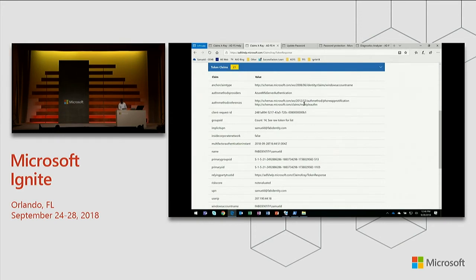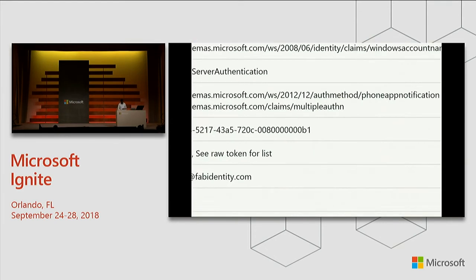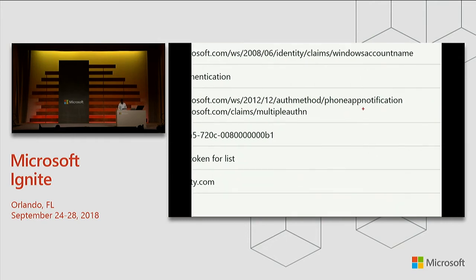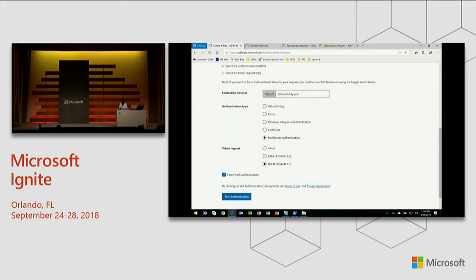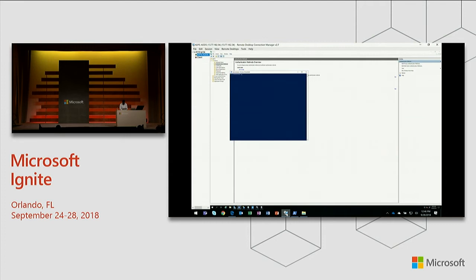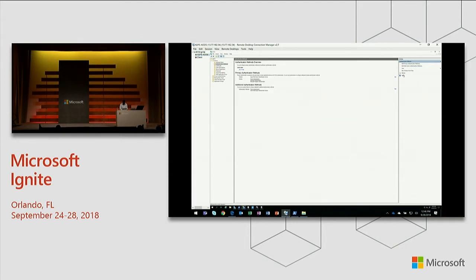Looks like I was... So you can see out here these claims that show that it was multiple authentication within the system. Now, this is all great, but as I mentioned, we can support it with other third-party providers as well. And thanks to our friends at RSA, they gave us a subscription, and we also plumbed an RSA system into our same demo environment, which is essentially the same provider and adapter for ADFS that exists today, with no additional changes. Now, prior to doing that, I am going to change my policy for authentication.